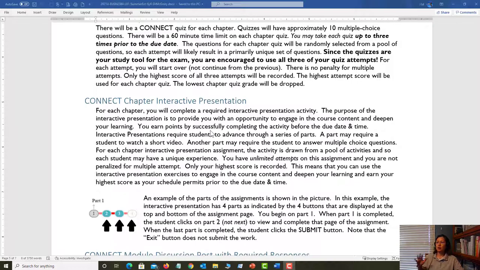And how you do it is you advance through a series of parts. Now, this is what it looks like down here. When you first open up the interactive presentation, you'll be on part 1, and that's what this is showing. When you finish that part, don't click the next button. Instead, click the next part, and you don't click next or submit or anything until you've completed each part.